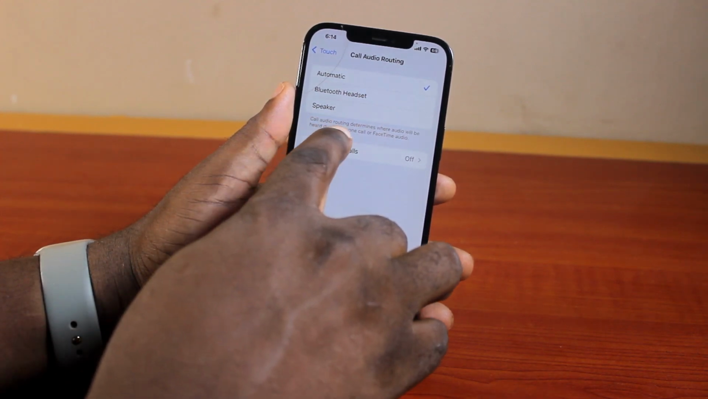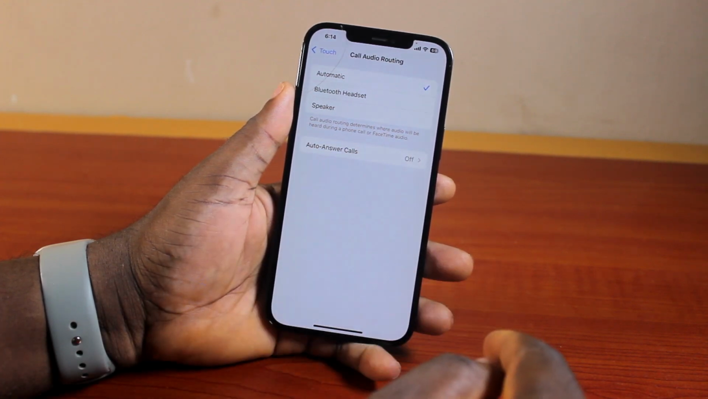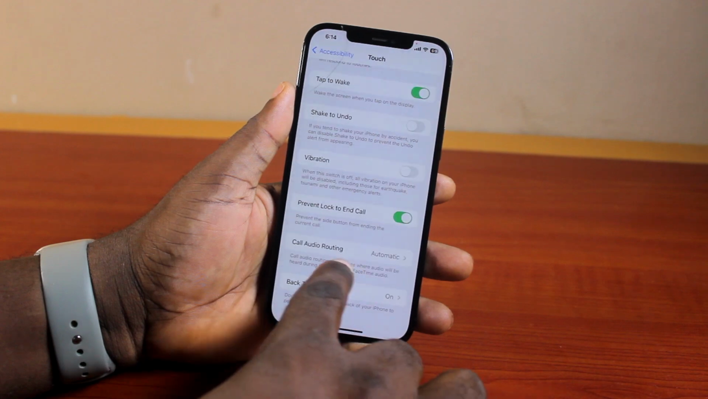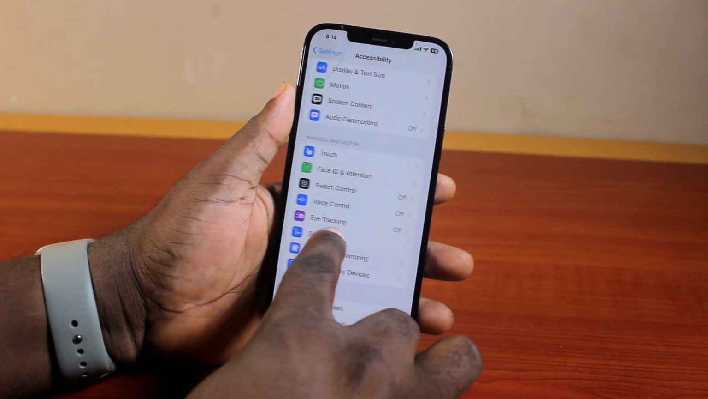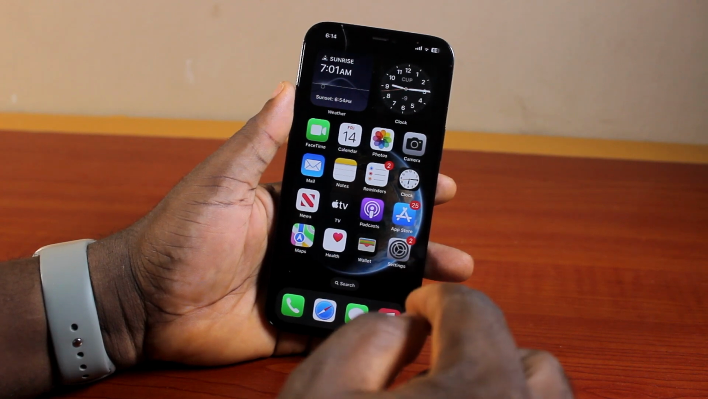Then you can see call audio routing determines where audio will be heard during a phone call or FaceTime audio. And then once you've set that, hit the back button and then you're good to go. So that's exactly how to turn off or disable automatic speaker on